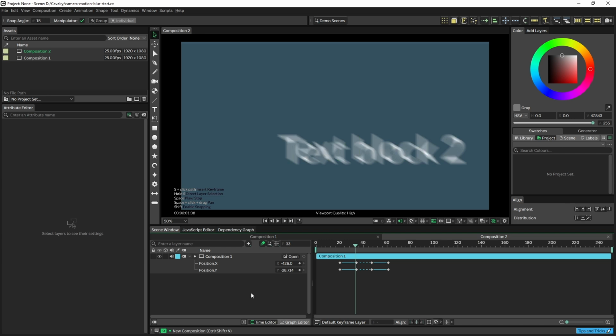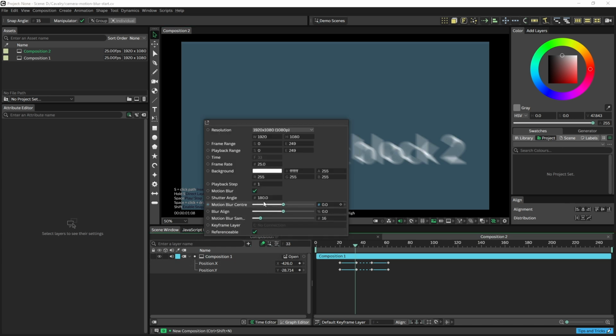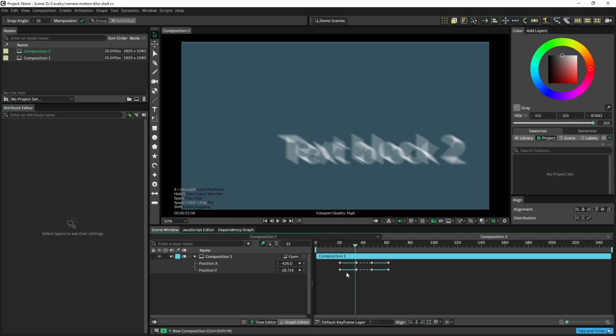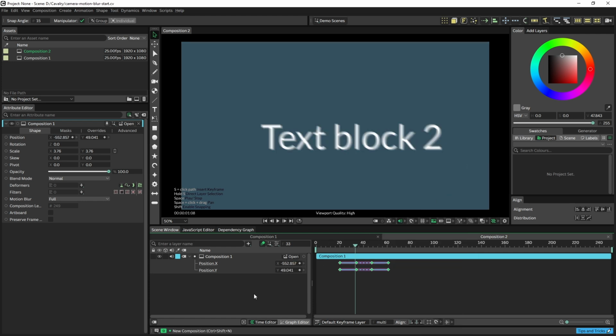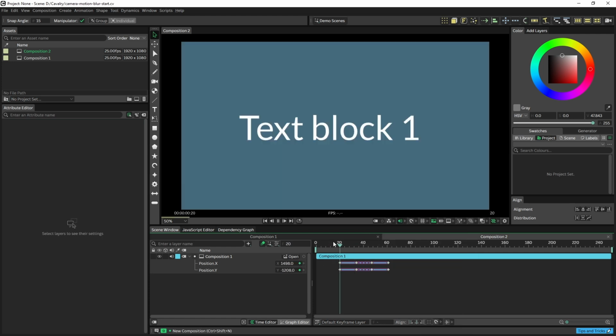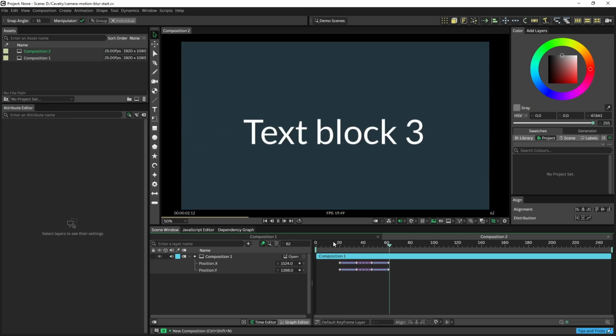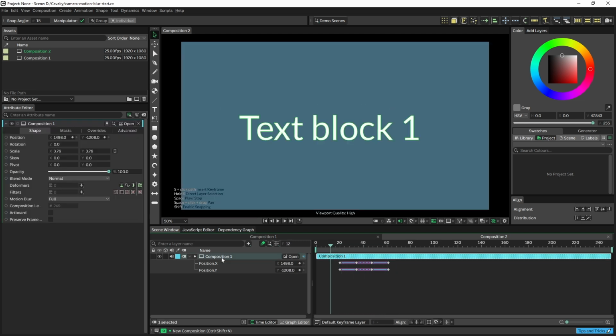And as you can see, this is a lot cleaner, and it also allows you to change the motion blur settings. So even if it's not clean, you can simply increase the sample rate and get a very clean motion blur. So let's add some easing here. And there you go. One other advantage of using a separate composition is that we can now do some compositing